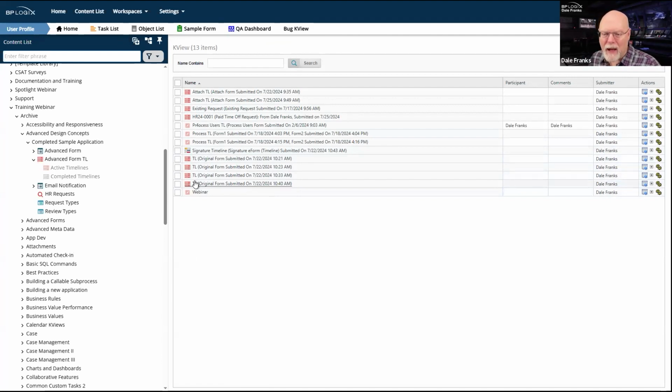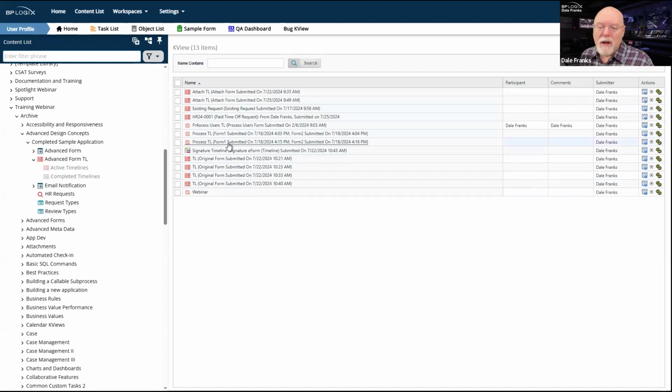And by the way, there is apparently some original form that was associated with it. So apparently I did submit a form, but there's nothing unique here because I have not properly named my process timelines. Now, it is helpful that the form name is there.